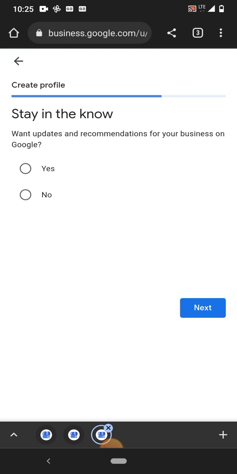Stay in the know. Do you want updates and recommendation for your business on Google? They will tell you things that can help your business to grow. So you say yes and click on next. When you click on next, they will still ask you